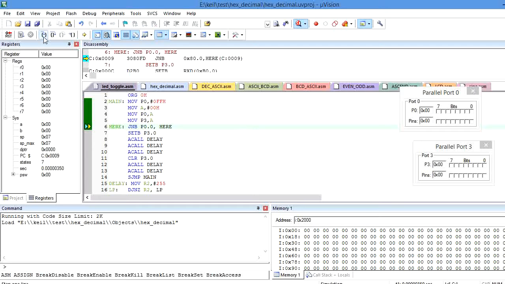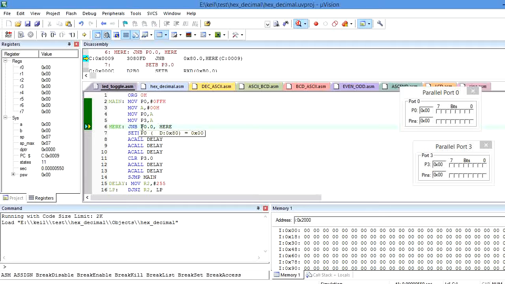Again let me execute the instruction. So again what is the value present in port 0.0? It is 0, which indicates that the switch is open. So whenever the switch is open, port 3.0 pin indicates the LED is turned off here. So I need to monitor until the switch is closed, then only it will turn on the LED by making port 3.0 high here. Again if I execute the same instruction, it keeps on monitoring the port 0.0 pin for an infinite number of times.